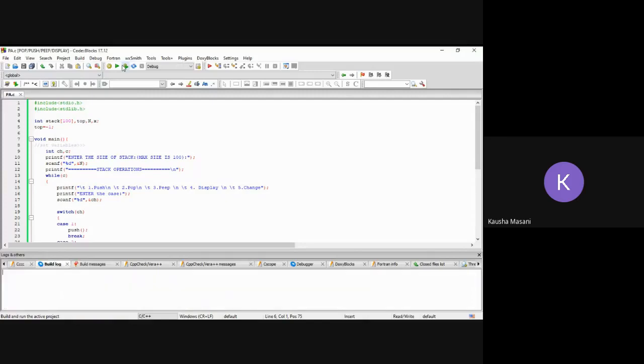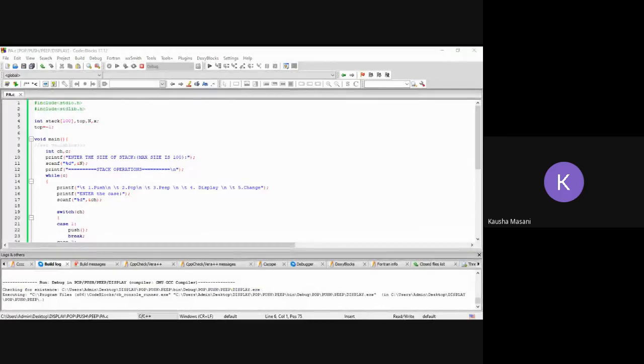Showing some errors. No, it is running. Okay.